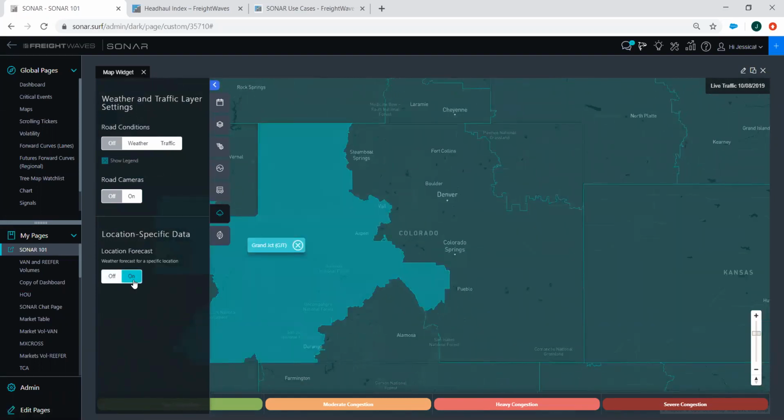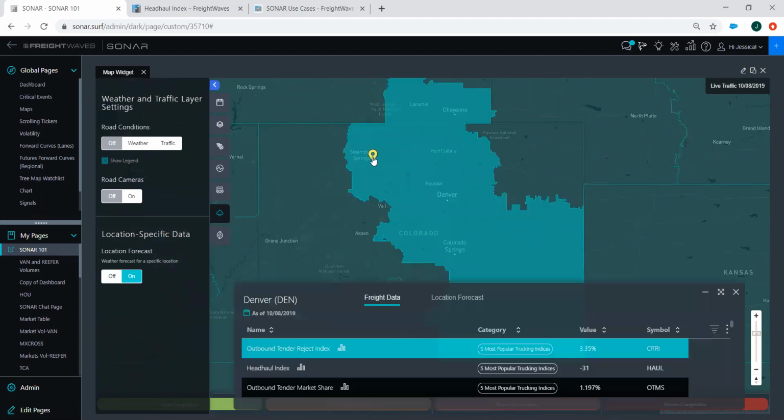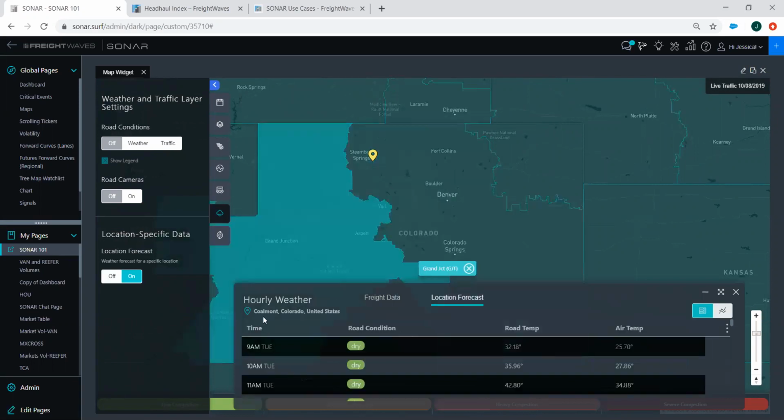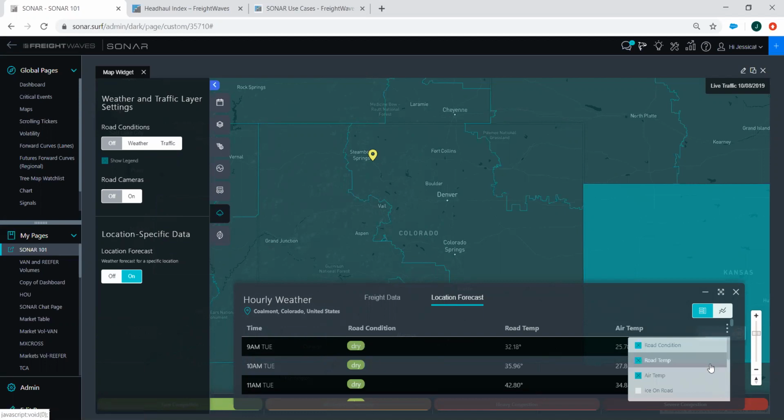And the good thing about this is, say you have a load picking up somewhere down here or up here in the Denver market, you can zoom in, pinpoint exactly where that is, and it will tell you what that city and state is by longitude and latitude. So you can see the exact road conditions, road temperature, air temperature. You can click these 3 dots on the right-hand side and see wind gusts, wind speed for the area that